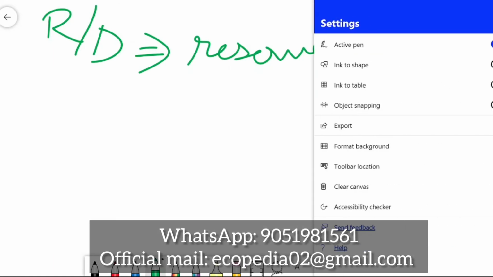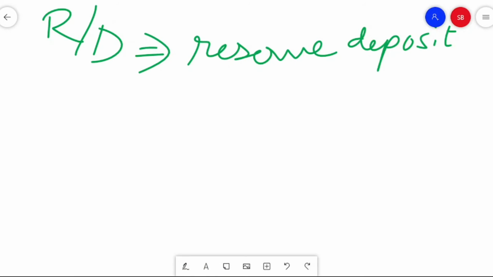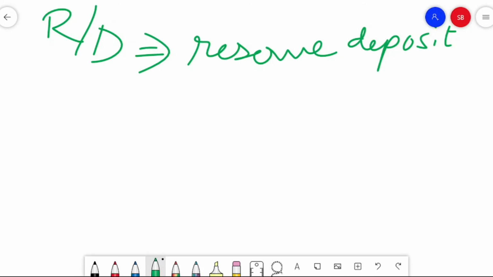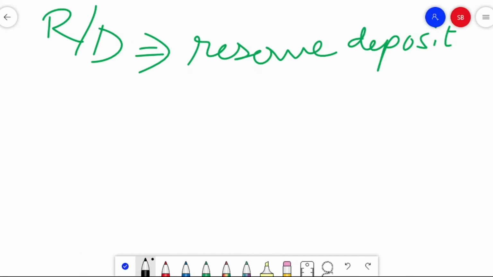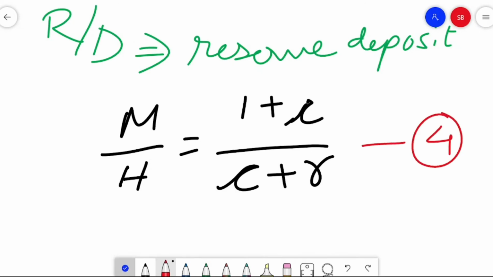There you have to know what this reserve deposit ratio or currency deposit ratio actually is. Okay, all right, now we are moving. So the final equation that we have looks something like this. Till now what we have is 1 plus small c, over small c plus r. Now let me mark this equation as equation number 4,